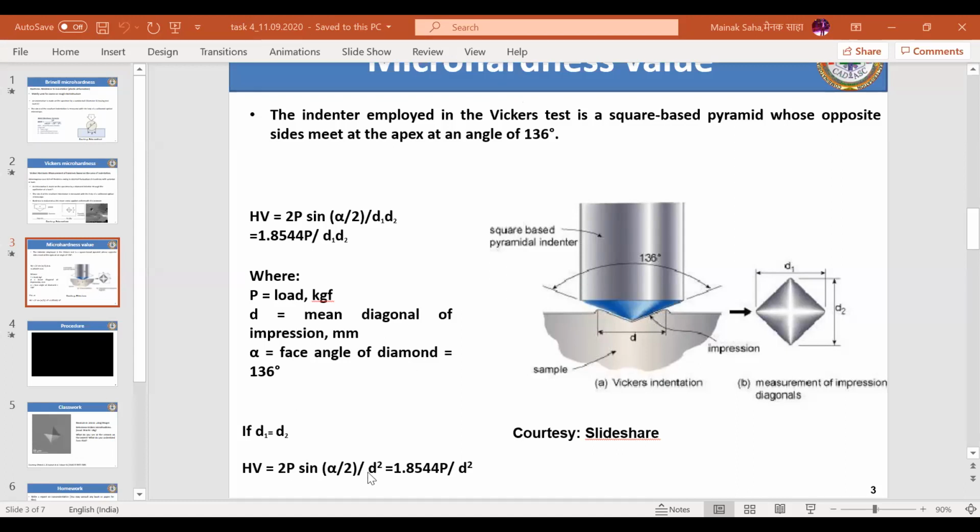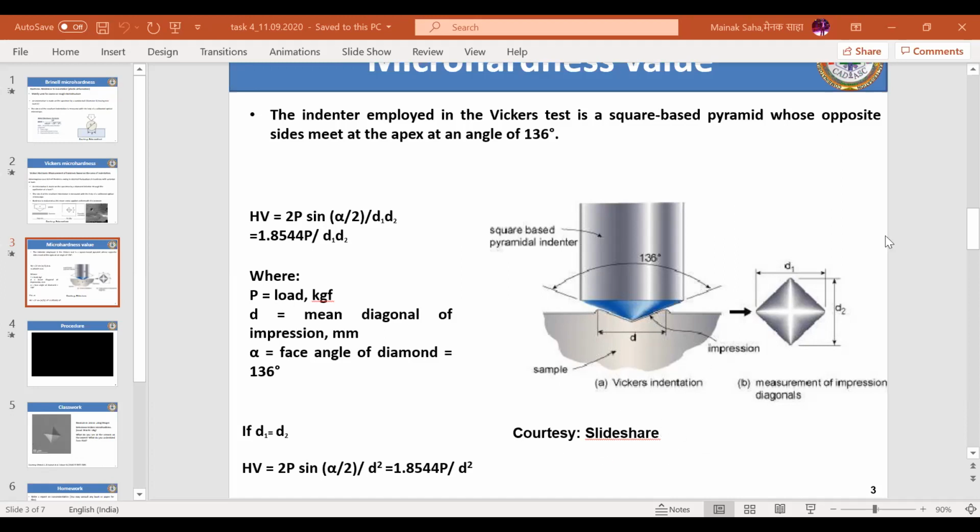136 degrees, and then people might think, why is it 136 degrees? Because of course the geometry of the indentation is like that. So 136 degrees by 2, and then why am I suddenly writing D1 D2? This D1 D2, I'm talking of a rectangle where I have the diagonals as D1 and D2. And you might be seeing it here. In textbooks you will be seeing this image, which I have taken from one of the internet sites.